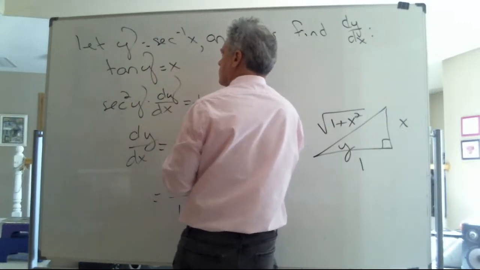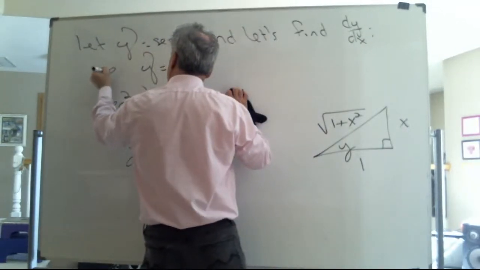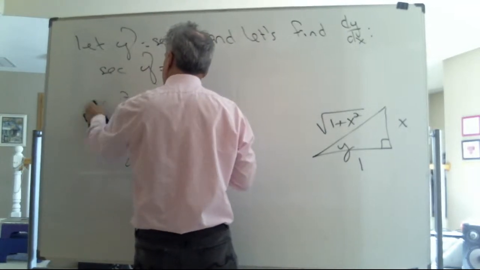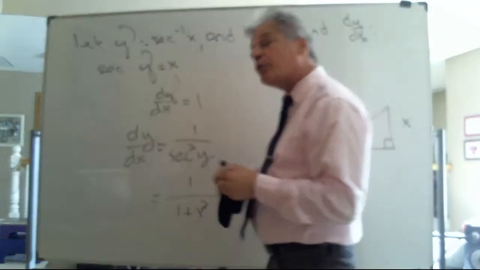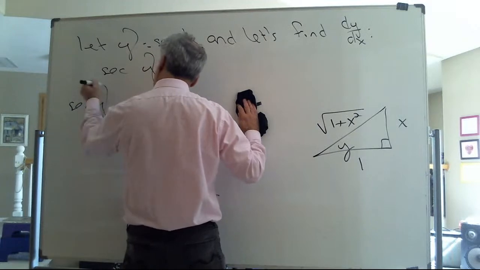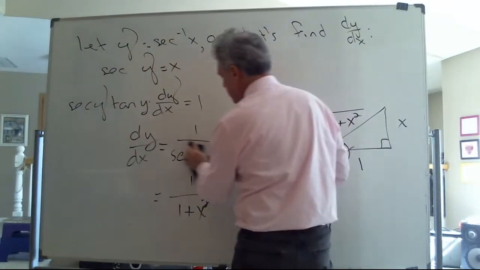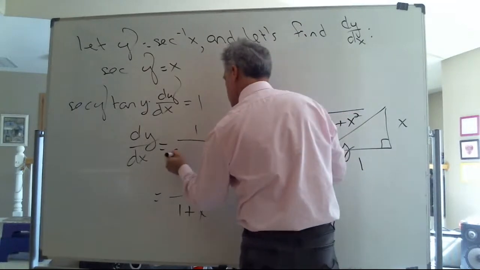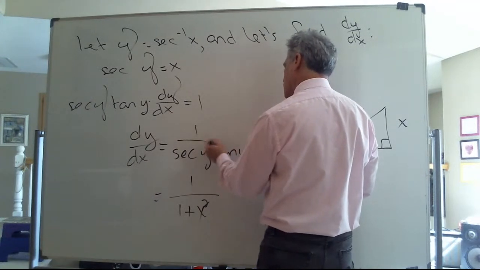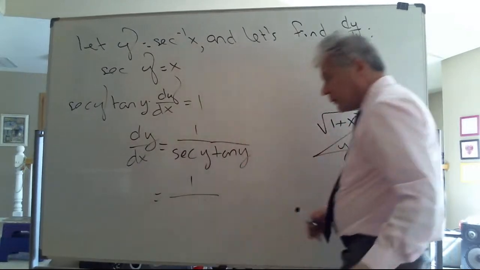Well, if y is equal to this, then certainly the secant of y is equal to x. Now, treating y as a function of x and differentiating implicitly with respect to x, I have the following. But that implies this. But that implies I have 1 over something. To find out what the something is,